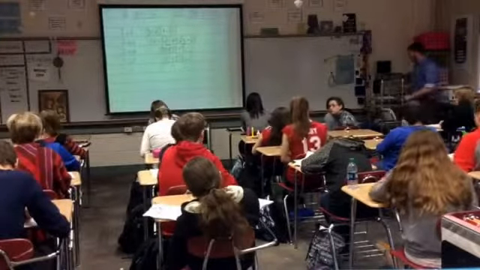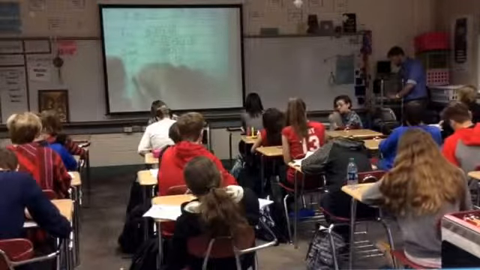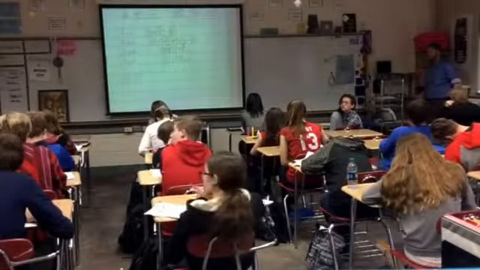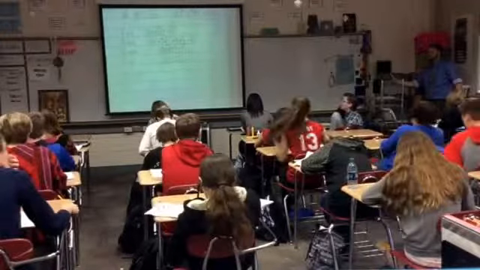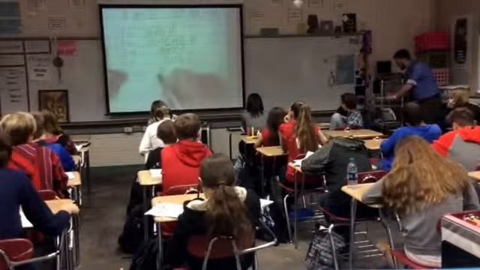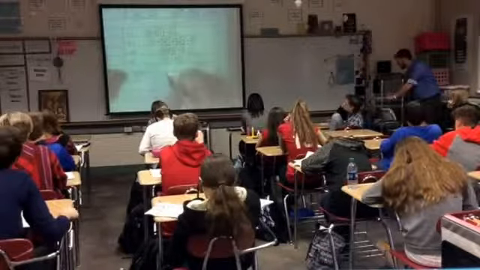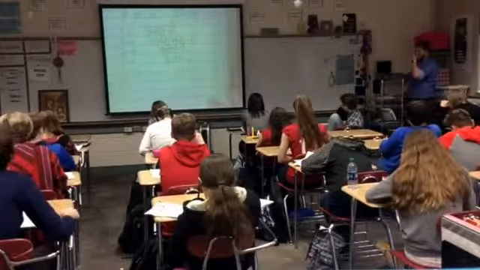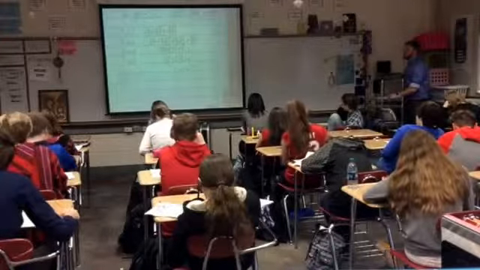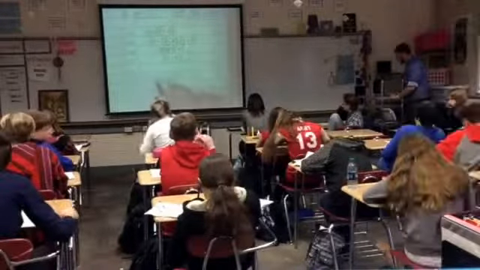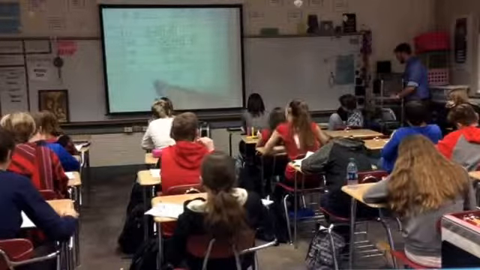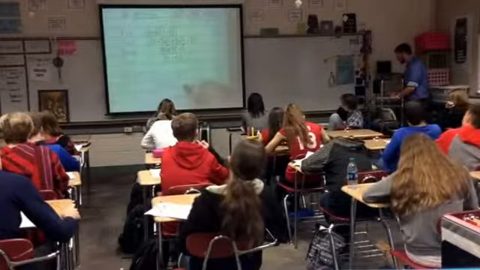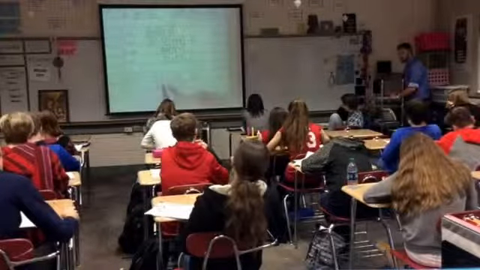Let's try one more. Let's say we had 9 plus the square root of 2, that quantity squared. Good, Tylee. We can go ahead and put 9 plus the square root of 2 times 9 plus the square root of 2. So now we can FOIL. First times first is 81. Outside is 9 times the square root of 2, 9 square root of 2. Inside, 9 times the square root of 2, 9 square root of 2. And the square root of 2 times square root of 2 is